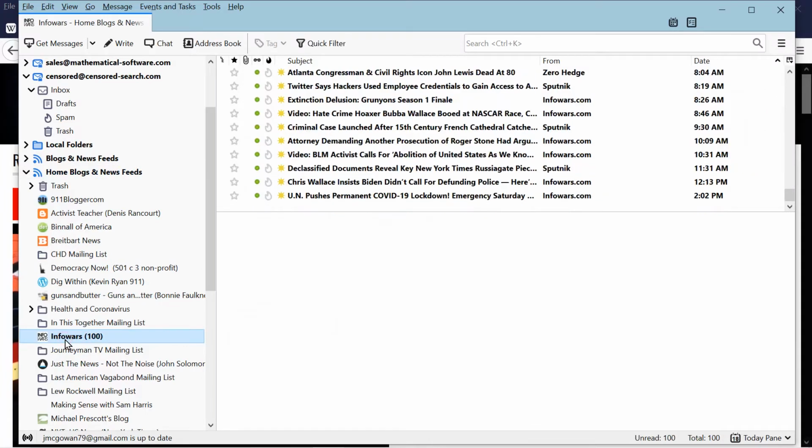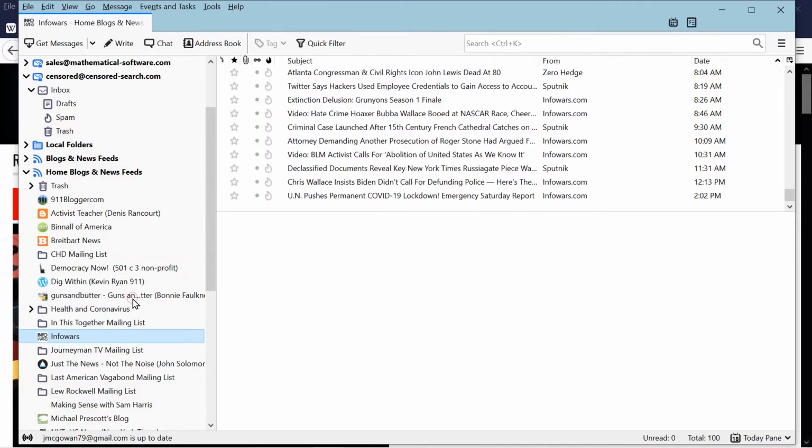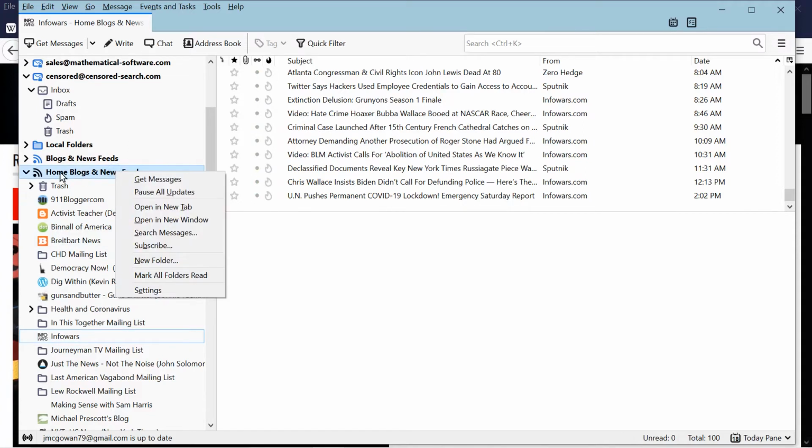So here we go. And these are them, and it shows that they haven't been read. And I'm not going to go through all of these here. And you have the option, of course, typically with so many, you will look at a few of them and mark the folder read. I want to show what I meant by get messages. So here, if I click on the home blogs and news feeds header here, and I'm going to click get messages. So I would typically do this at some time, perhaps in the evening, that I've set aside to read